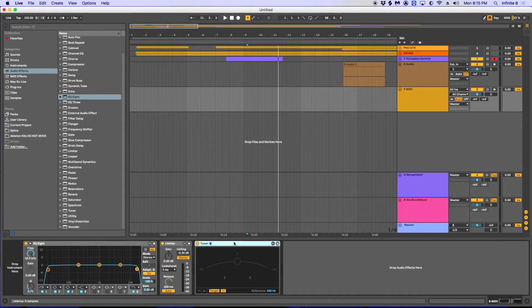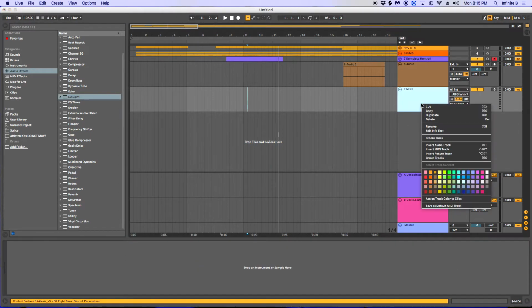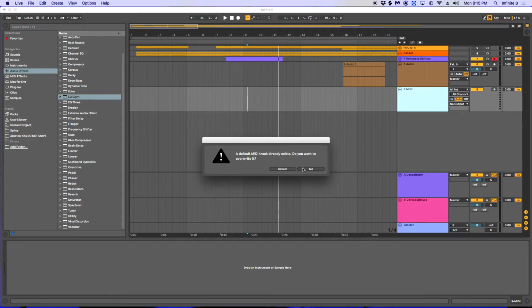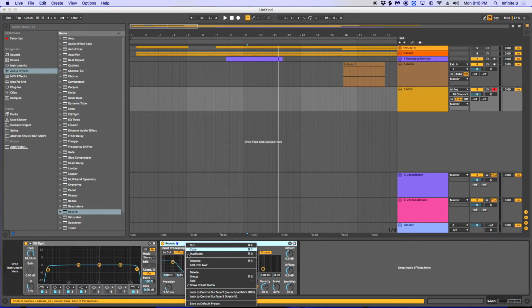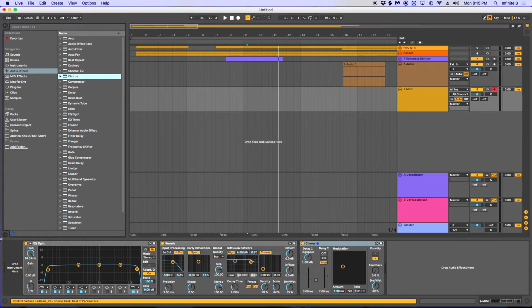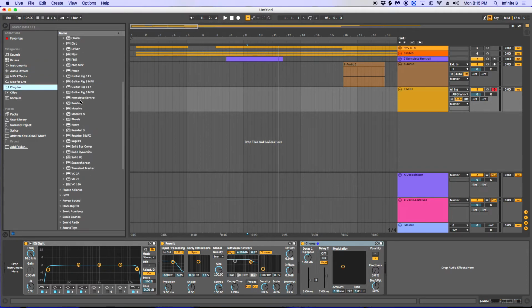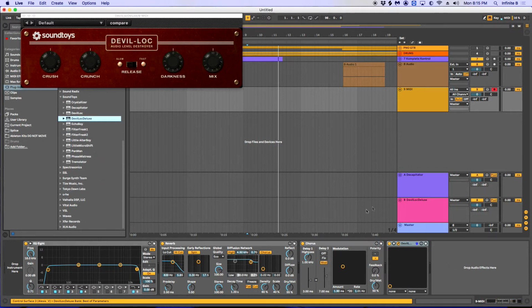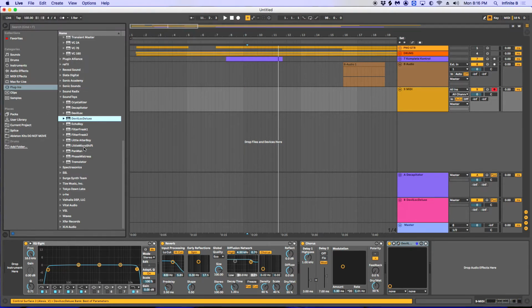Every time you open up a new MIDI track, okay, you want an EQ, you want a reverb, you can go crazy, put Devil Lock, micro shift, whatever, or any of the audio effects that Ableton has stock. You can put an echo or reverb if that's something you're constantly using every time you open up a MIDI track. I think this is very important, and what you do is open up the MIDI track, add all